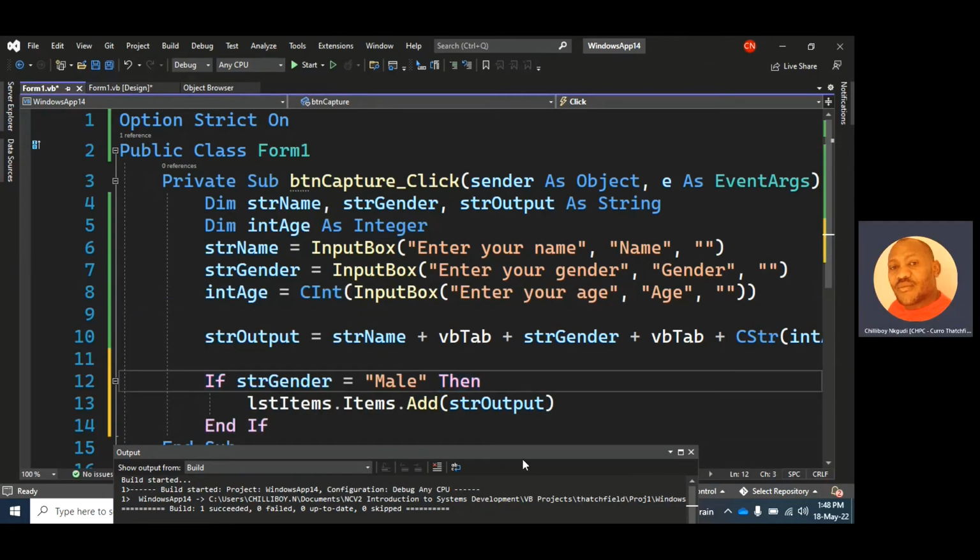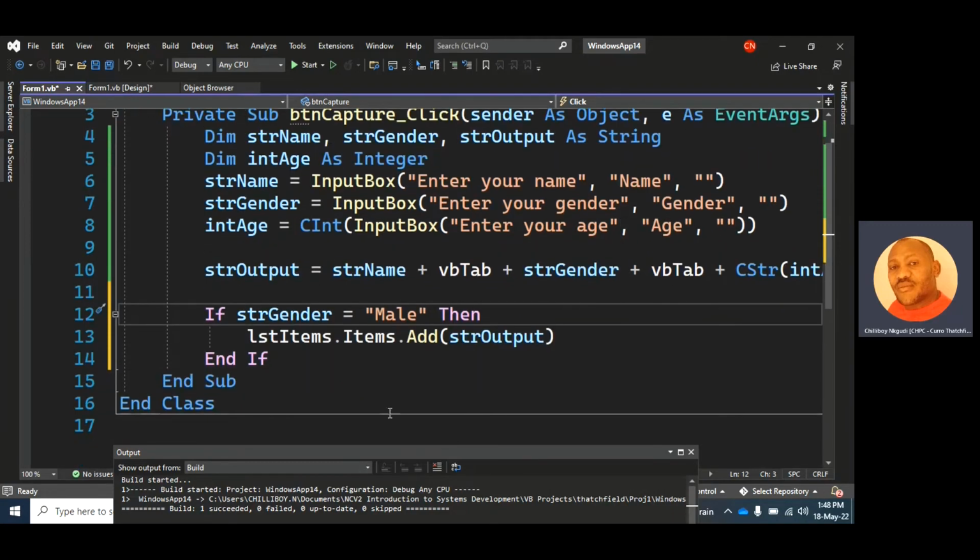So now this statement is saying if gender is male, then that's the only time I can add my string to the list box, only if it's male. So I do this if I want to add the boys only to the list. For example, if I run the app